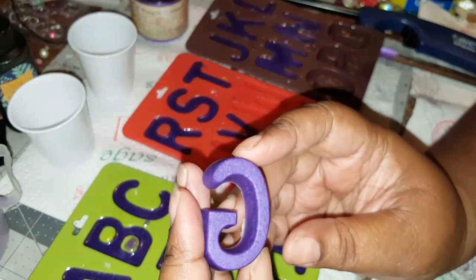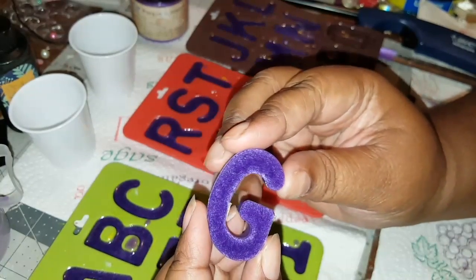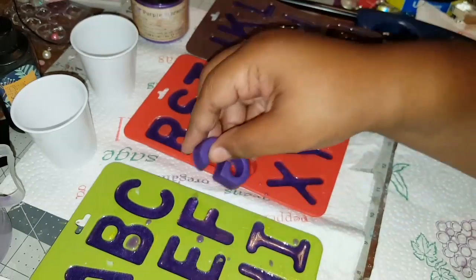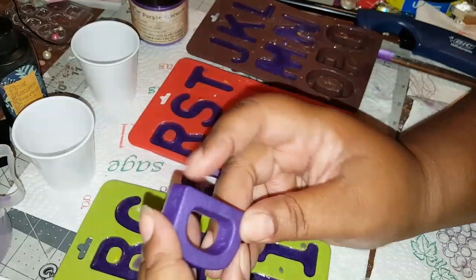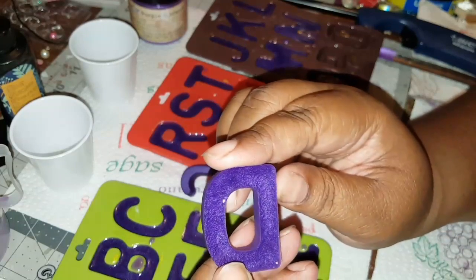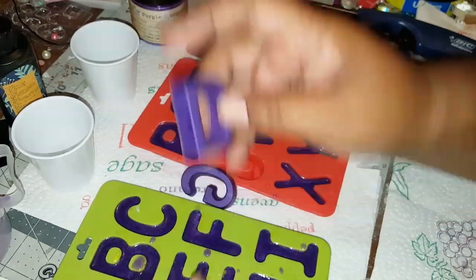That is such a gorgeous purple. But like I told you guys, it comes out matte with this mold, but I'm going to make it shine like that. Can you see that? I have been using this resin. I find that it's nice. I do like the matte look, but I don't know, it's just much prettier shimmery. But I do keep this part normally matte, so